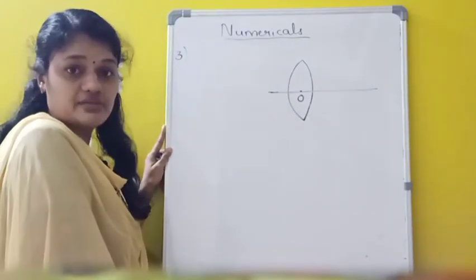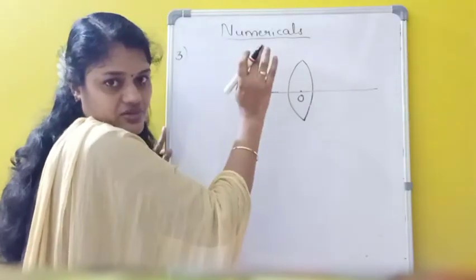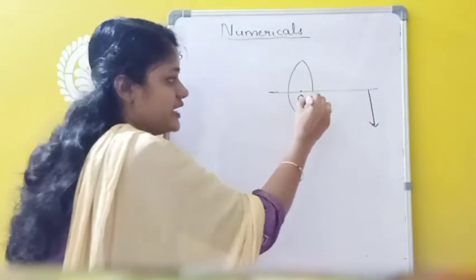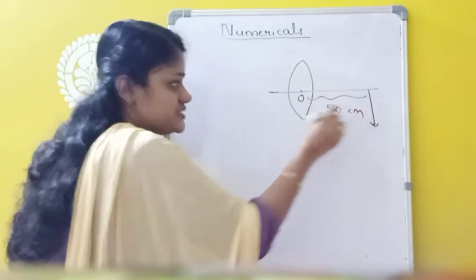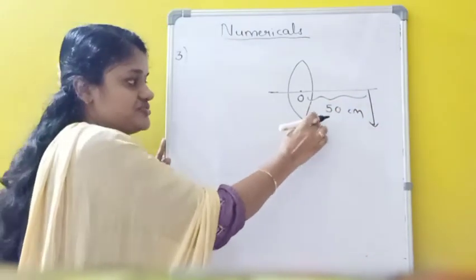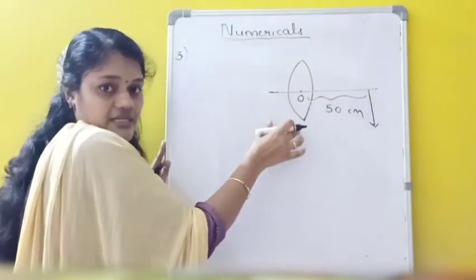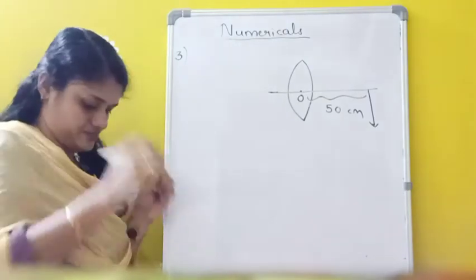We know that this convex lens will form a real inverted image only on the right hand side. So we are getting the image somewhere here. And this much distance is given as 50 centimeter. So this image is formed at a distance of 50 centimeter from the convex lens. Since it is an inverted image, we have taken the image on the right hand side. This inverted image is formed only on the right hand side.